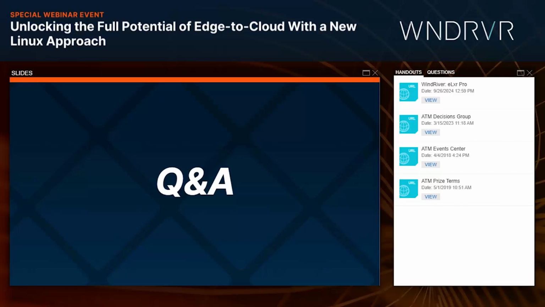Yes, absolutely. So one of the things within Elixir is the minimal footprint. We're really trying to develop as small a footprint as possible to decrease the attack surface and allow for increased maintainability as well.